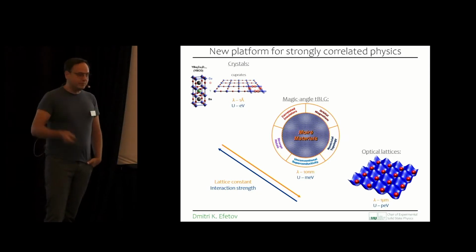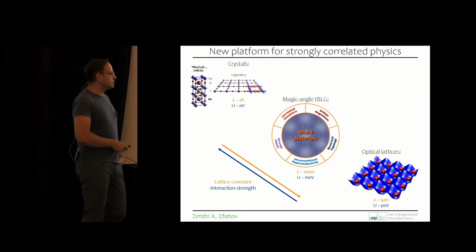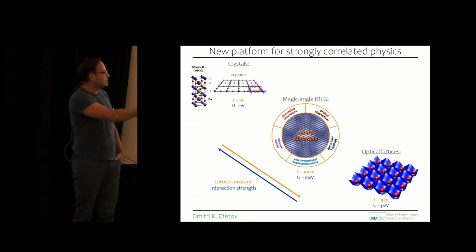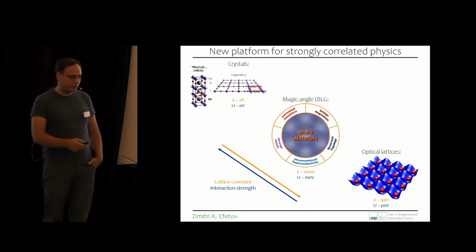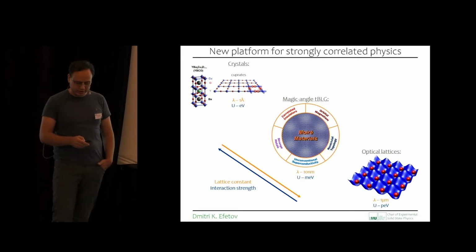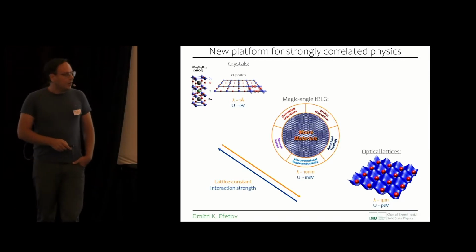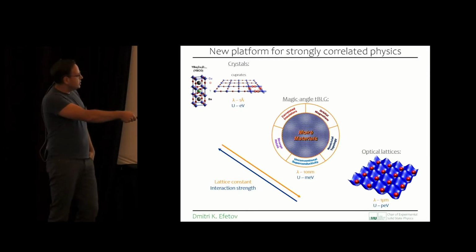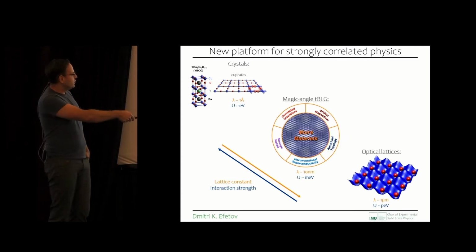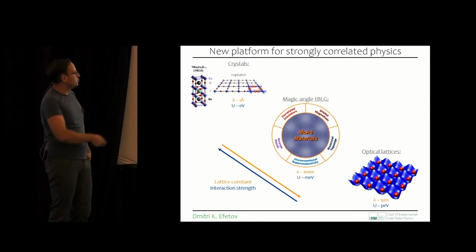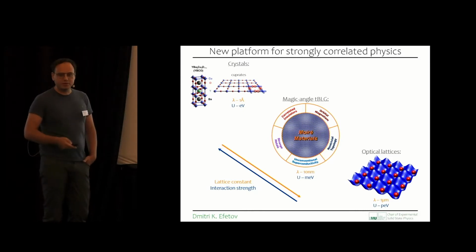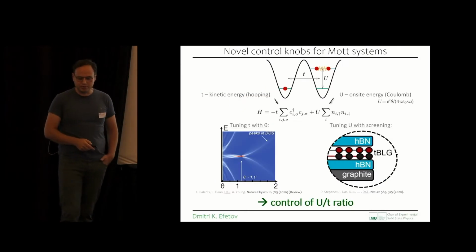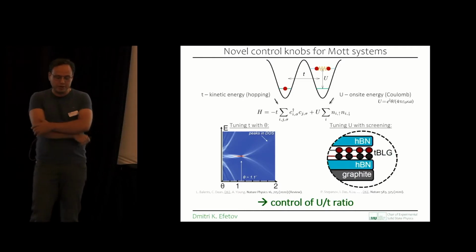And of course, famously, in Munich, optical lattices are studied quite broadly. Of course, one can contrast this with optical lattices. Here, of course, these systems are much bigger, and interaction energies are even lower, so you have to cool the systems down dramatically. But besides this sweet spot, in between those two other systems which I show here, there are also new capabilities you can do with these two-dimensional materials, which you cannot do with crystals, nor can you do with optical lattices.